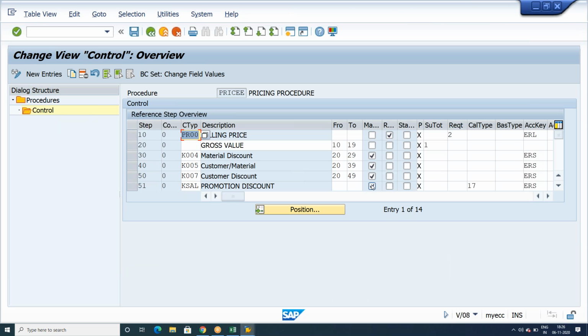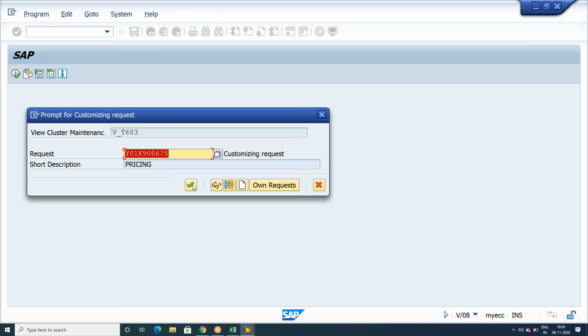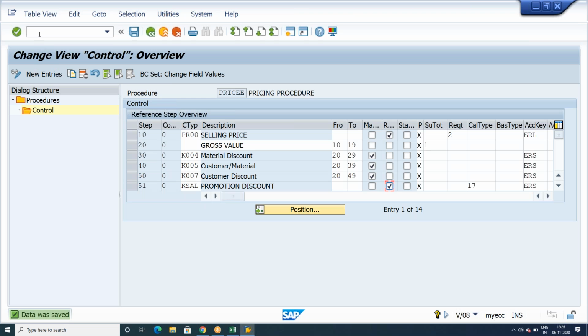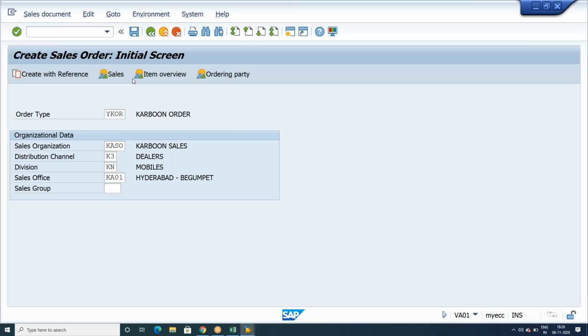For case sale, we have activated it as a manual. Now try to change it to required. Save it. Okay. So that means in future anytime we can change it, right. Now, if you're trying to create an order,